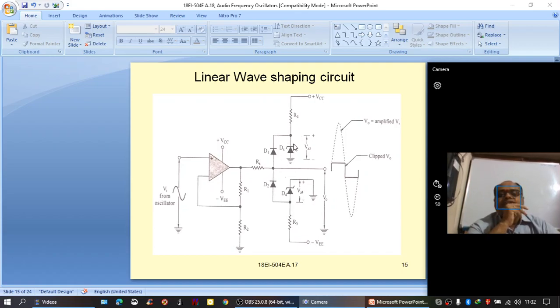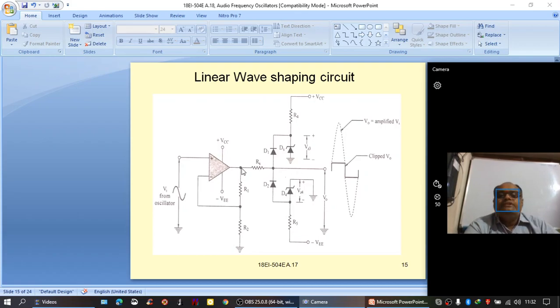So it provides a fixed DC voltage, that is VZ5. Now, what is the output voltage here during the positive output? It would be VD1 plus VZ5, because it is D5.